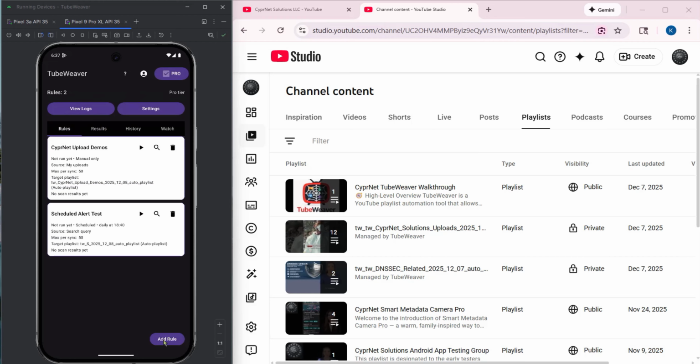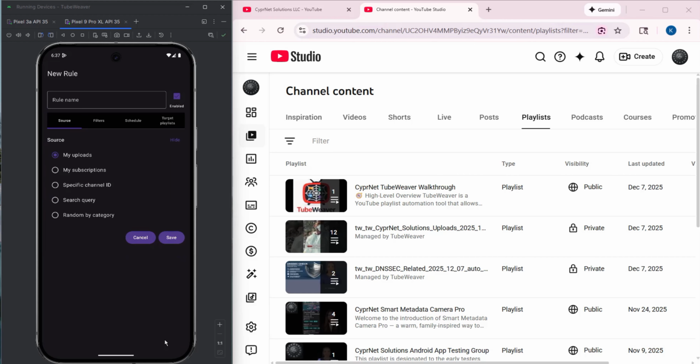The rule is the heart of TubeWeaver. Rules allow the user to select the source of the videos, such as their uploads, subscriptions, specific channel ID, search query, and random by category to discover new channels. My uploads and the specific channel ID both use the channels.list and the videos.list API to pull snippet/content details statistics